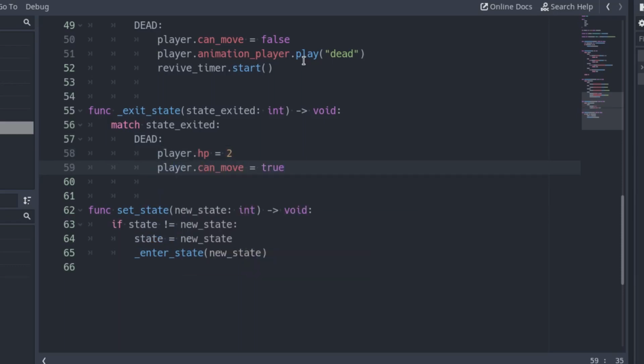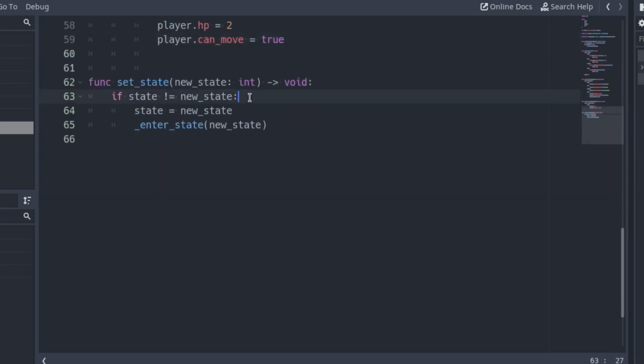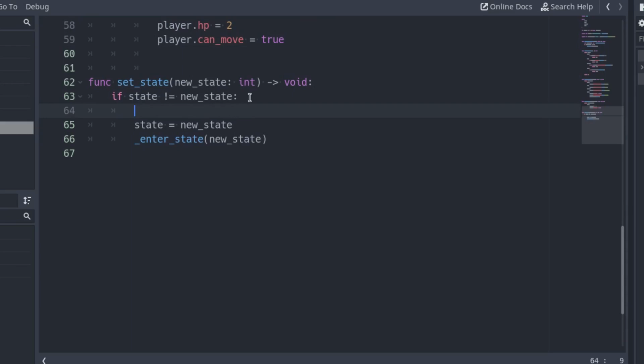In the setState function, call the exitState function after making sure the new state is different, before updating the value. Pass a state as argument. At this point, a state will have the previous value because it has not been updated yet.